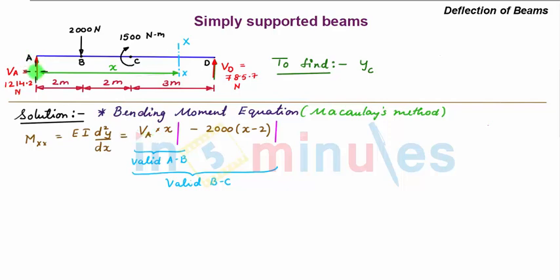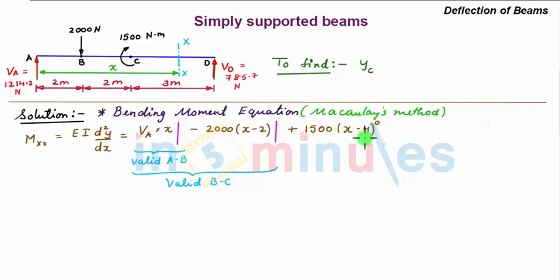first a clockwise moment due to this upward vertical support reaction at a distance x from section XX, so VA into x, minus 2000 multiplied by x minus 2 meter as this, and there will be additional clockwise moment of 1500 Newton meter. So we write plus 1500, and we write it in this way such that it is acting at a distance of x minus 4 meter from origin A, and we put the index as 0, meaning that this term x minus 4 to the power 0 has no value and its value is equal to 1. So 1500 multiplied by 1 will be equal to 1500, which is the value of the moment.